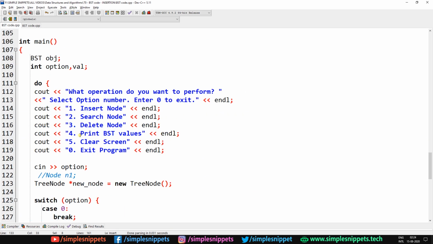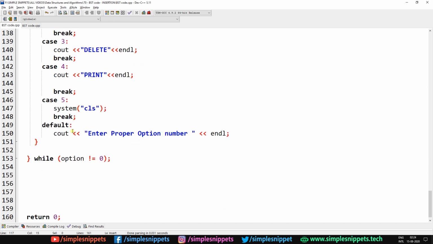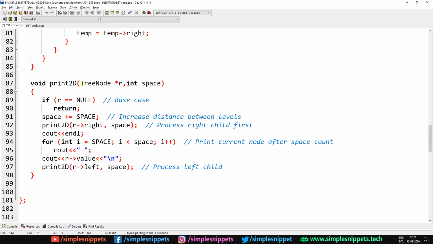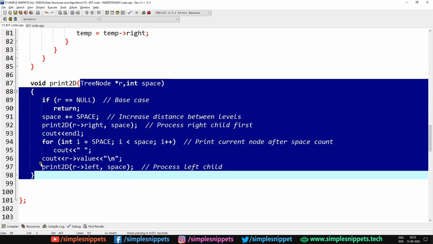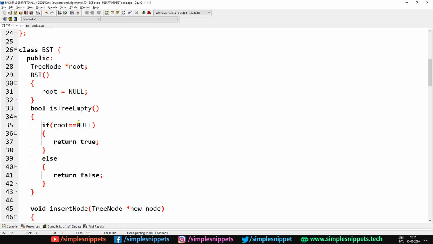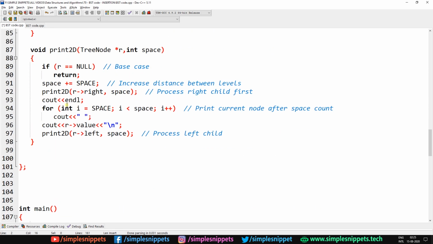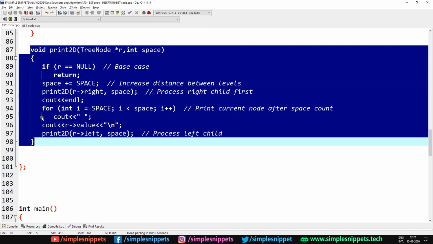For the printing of the BST values, we have option number 4, and this is where I have to call the obj.print function. So I'll just paste this code here. I'll say obj.print2d, and this print2d, as I mentioned, is a printing function which will print all the values in the tree, and we simply have to pass the root value saying obj.root, and we have to pass the space value. As I mentioned, I will explain this to you in further tutorials when we come to the printing. And this constant variable #define SPACE 10 is related to that function, so I'll explain to you when we come to the printing only. Right now we are just using this so that we can also see the values that are inserted.